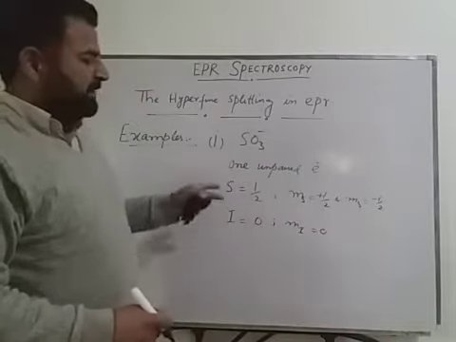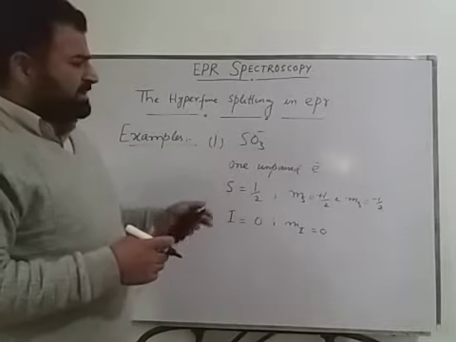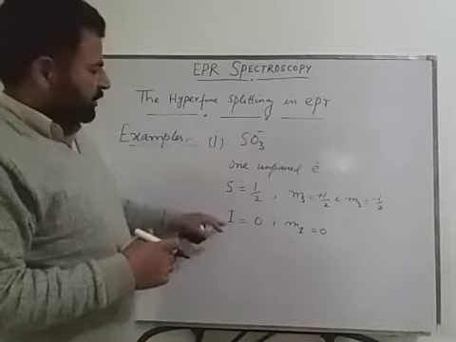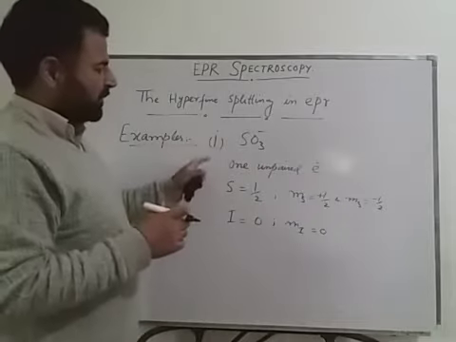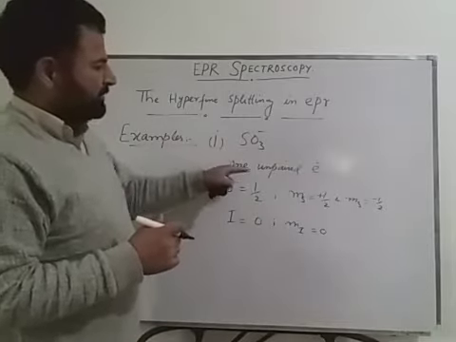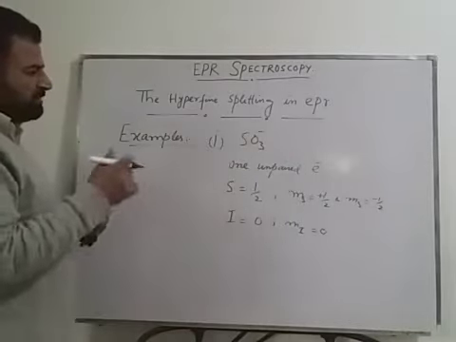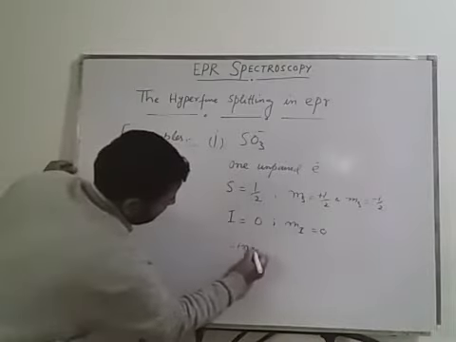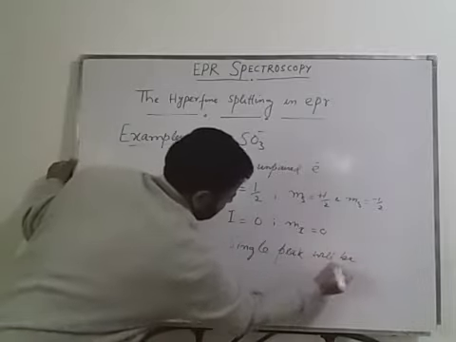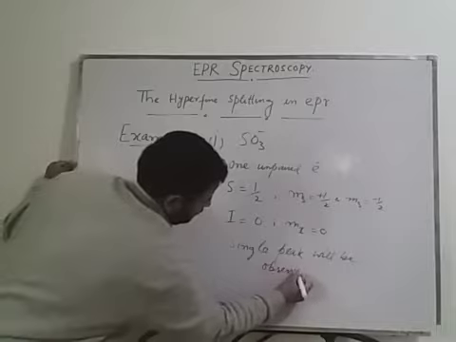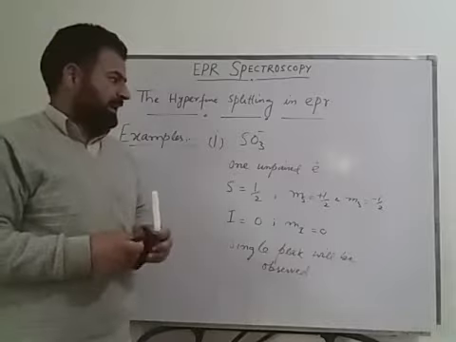So in this case there will be no hyperfine interaction between the nuclear spin and the electronic spin, because there is no nuclear spin present in this kind of anion. So the EPR spectrum which we will get from this anion will be totally from the electronic spin. So it will show one peak only. A single peak will be observed, because there was no nuclear spin and electron spin interaction.